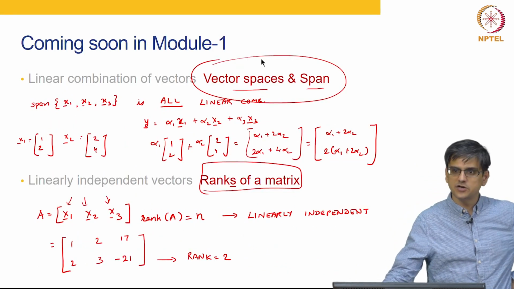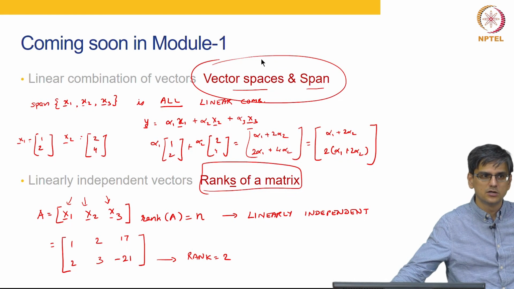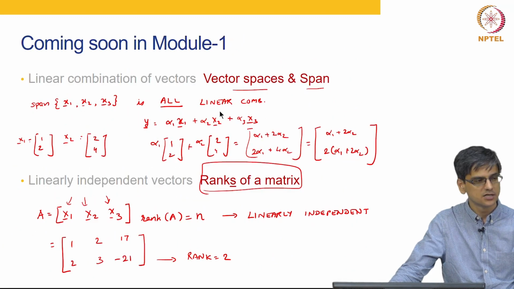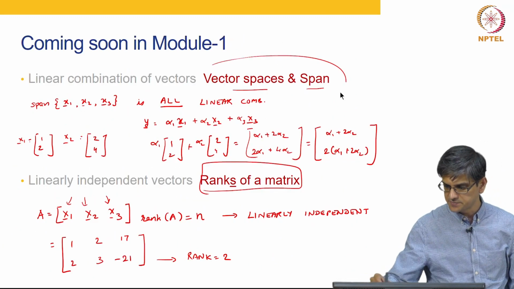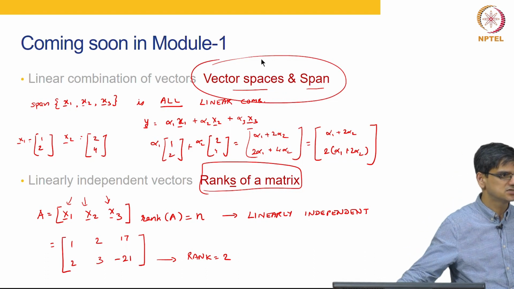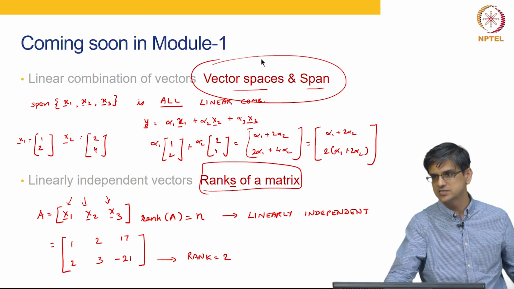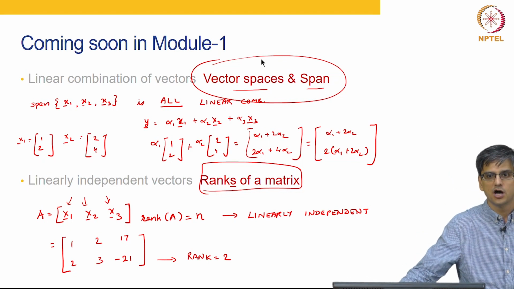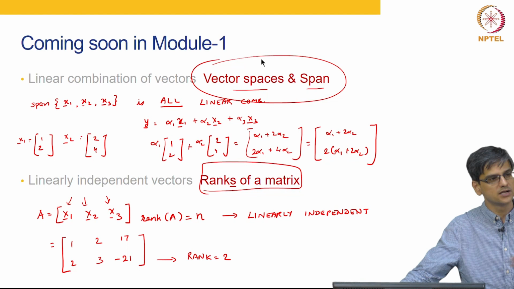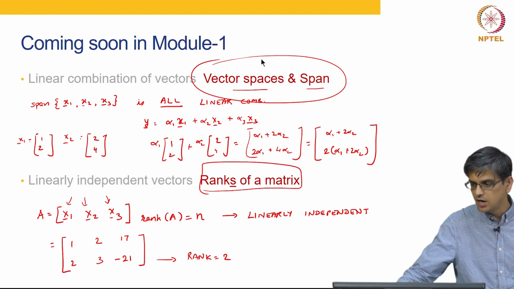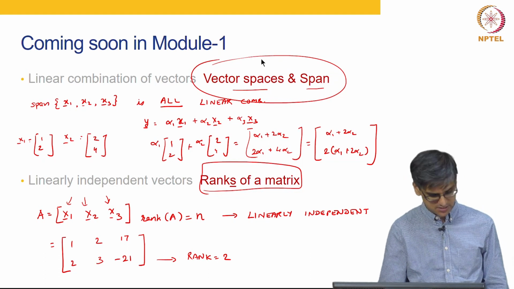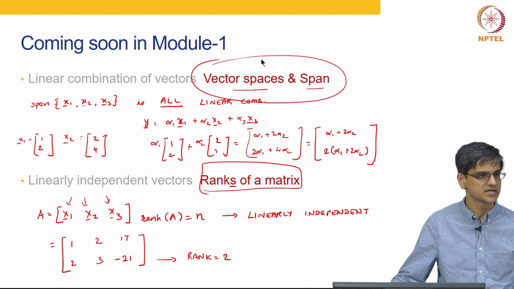So, that finishes our recap of linear algebra, except this matrix partitioning part and possibly the concept of vector spaces and span. Everything else, I am sure everybody has done. If some concepts were not very clear, then please go back and recap your material. If you want to read ahead, please read ahead about vector spaces and span and about eigenvalues and eigenvectors.